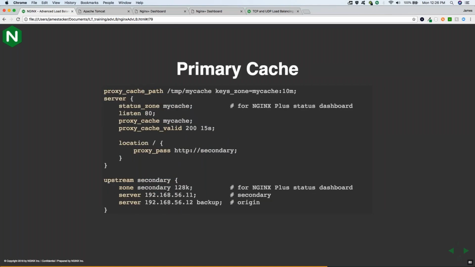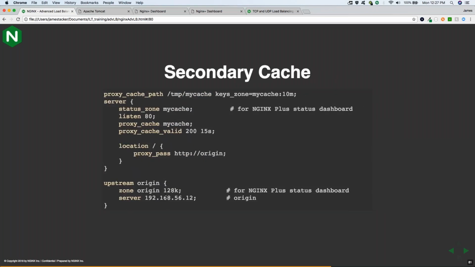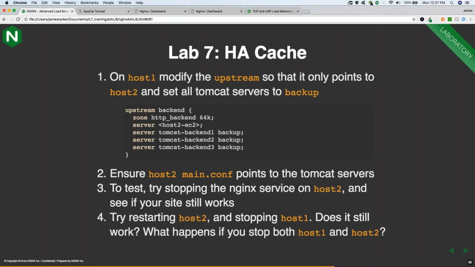From a configuration standpoint, it's pretty simple. You just have your primary cache going to the secondary, and then the origin is a backup. And then the secondary only has 1 upstream in it, which is basically the origin server. So we're going to skip this lab,